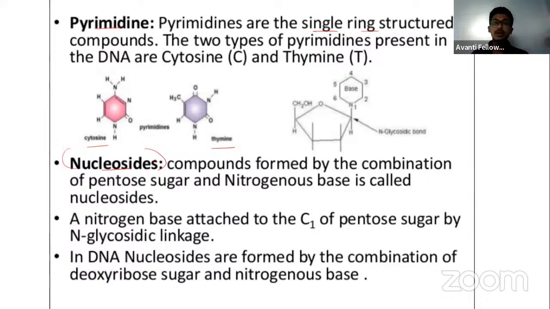So what is a nucleoside? You take a pentose sugar. What is our pentose sugar? Deoxyribose. So I take my deoxyribose and I add my nitrogenous base. So deoxyribose plus a nitrogenous base is called a nucleoside. You get my point? So where does this particular nitrogenous base occupy its position? As I told you, if you look at the structure of a pentose sugar,